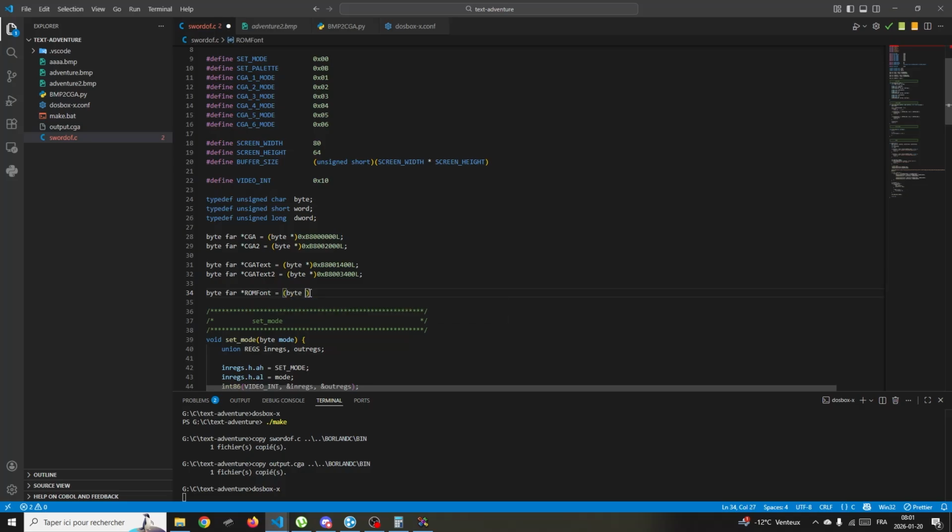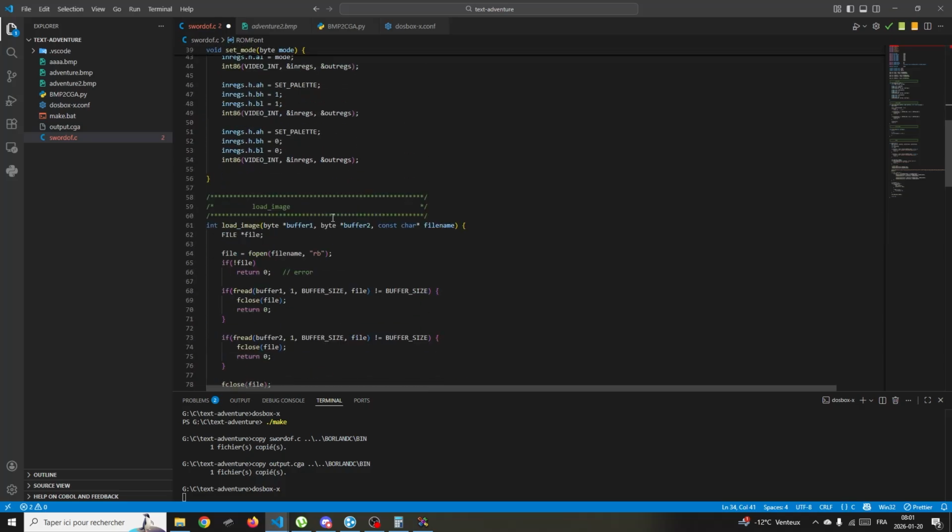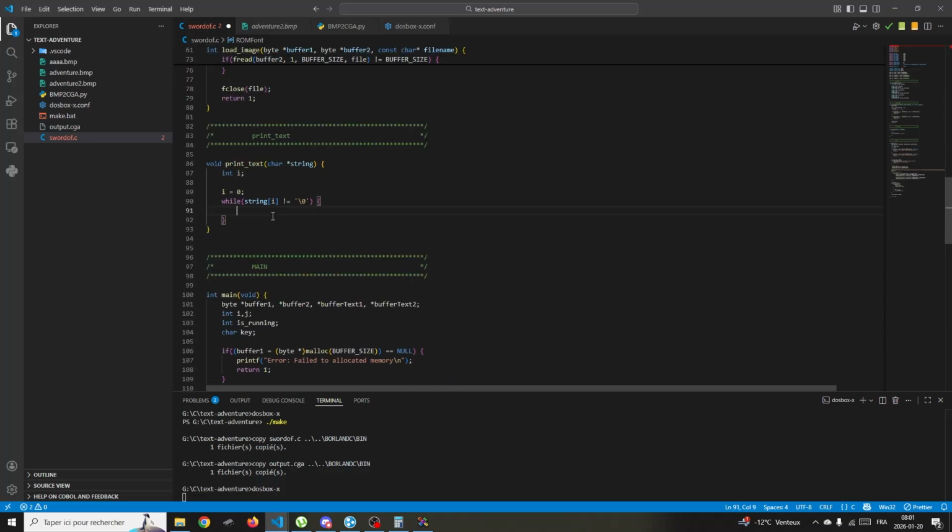It's 0xF000 FA6E, and this FA6E is where the font begins. So we have the space at the location 0, and the second one is, I think, a smile. So if we just come here and try to print the first ROM font,